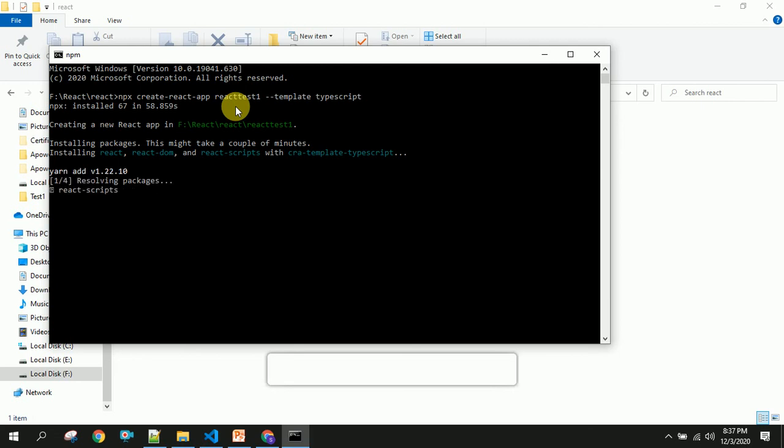So it is going to create a React application. If you don't want to use npm, then you can use yarn as well. For that you have to install yarn in your application.